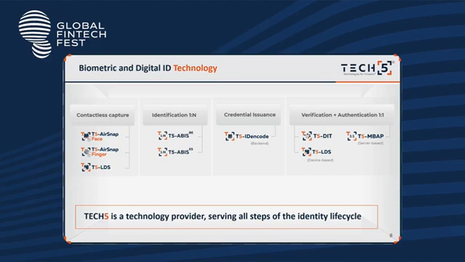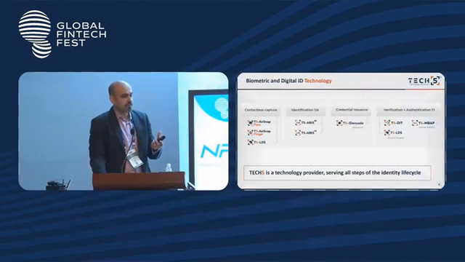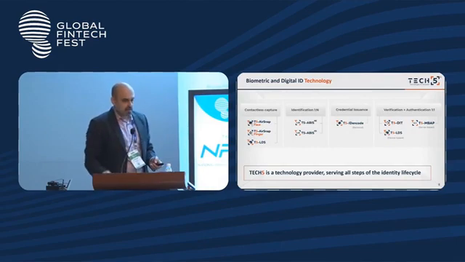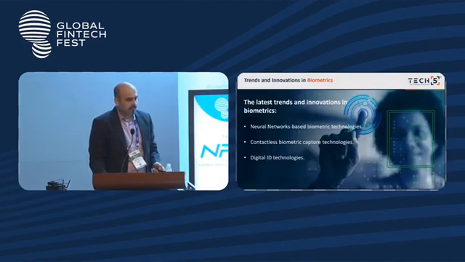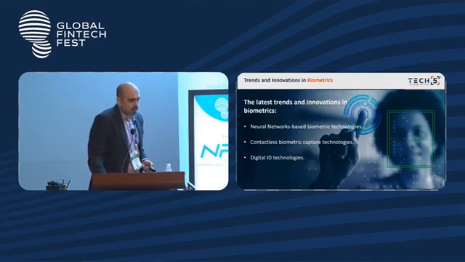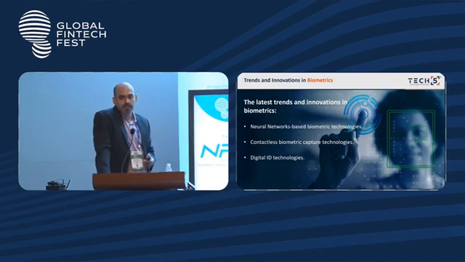In case of India, with Aadhaar, you get the Aadhaar number or the card. And practically in India, we could just use the Aadhaar number to go ahead and then avail these services by using the fourth piece over here, which is the authentication piece, right? So that's where we are introducing biometric as a concept. So just to summarize, what are the trends and innovations in biometrics? There is a lot of stuff happening on the contactless technology. There is a lot of stuff happening in the digital ID.